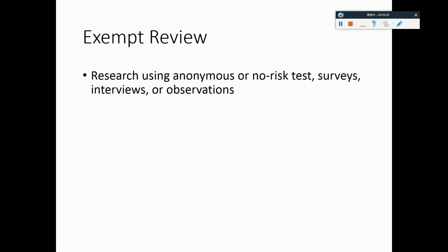The second criterion of whether a study qualifies for exempt review is whether or not the research uses anonymous or no risk tests, surveys, interviews, or observations. It means that this particular research study only involves the use of validated questionnaires, asking questions that are non-sensitive, non-personal, does not involve disclosing sensitive issues or issues that are potentially traumatic to participants, or the research project involves interviews that do not reveal personal identities, or observations that do not intervene with participants'